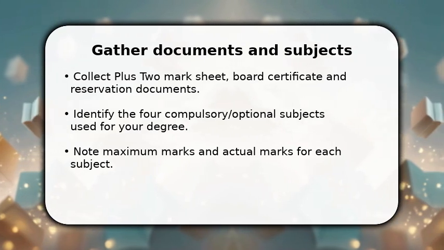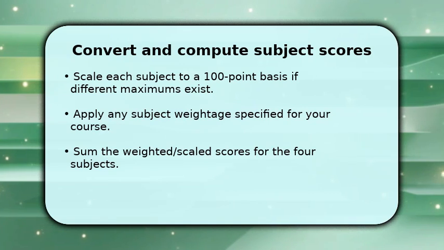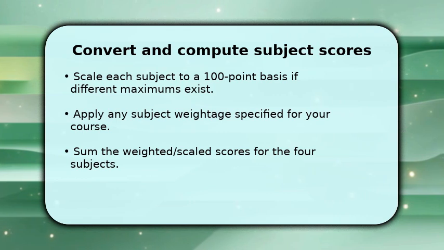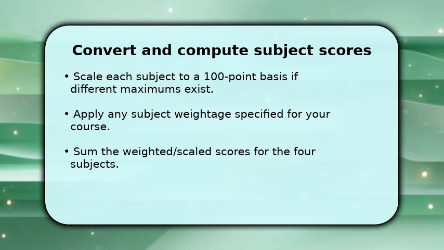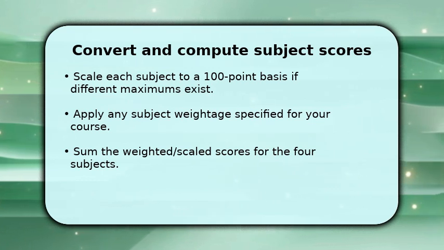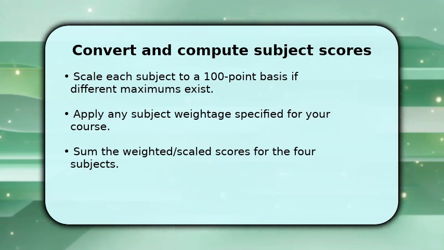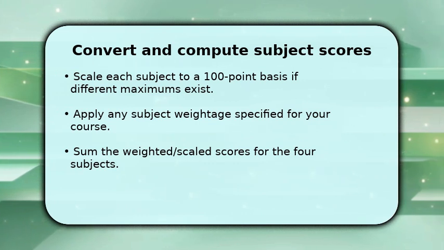Next, convert each subject mark to a common 100-point scale. Divide your mark by that subject's maximum, then multiply by 100. Once converted, apply any course-specific weightage. Some programs weight language less or give heavier weight to elective subjects, so multiply the scaled score by that percentage weight. After weighting, add the 4 resulting scores together. This total is the raw score you will normalize or divide as the MGU formula requires, so double-check arithmetic and